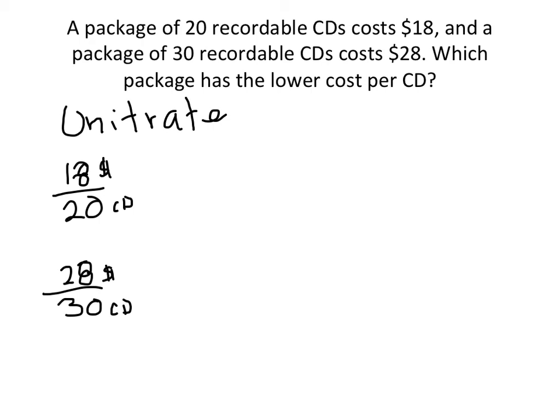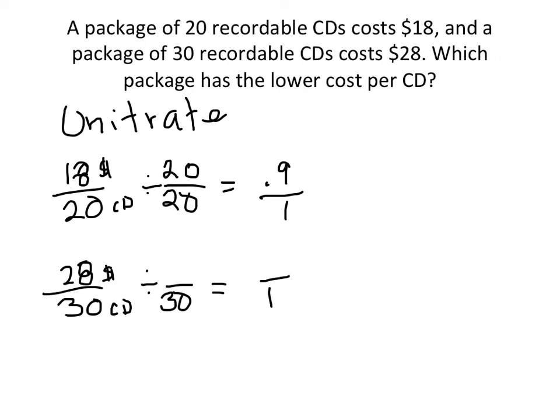To be able to compare them, I need to have the same denominator, in this case a denominator of 1. So how do I get 18 over 20 with a denominator of 1? Well, I just divide my denominator by 20, and that'll give me 1. And whatever I do on the bottom, I do on the top, and I get 0.9 over 1. Using that same logic, how do I get the denominator for 30 to 1? I divide it by 30, or itself. That'll give me 1. Whatever I do on the bottom, I do on the top. And with a little bit of rounding, I get